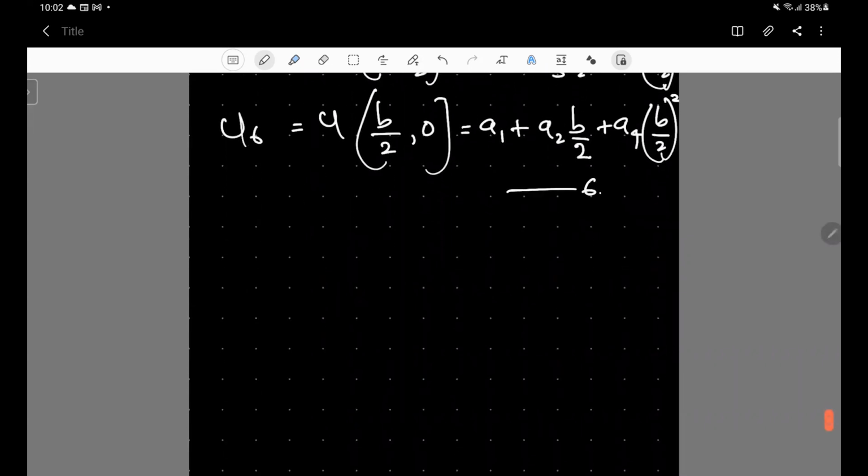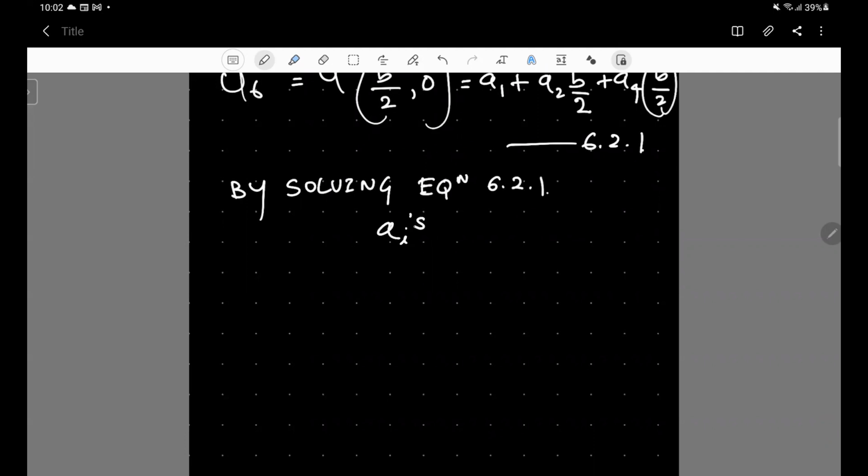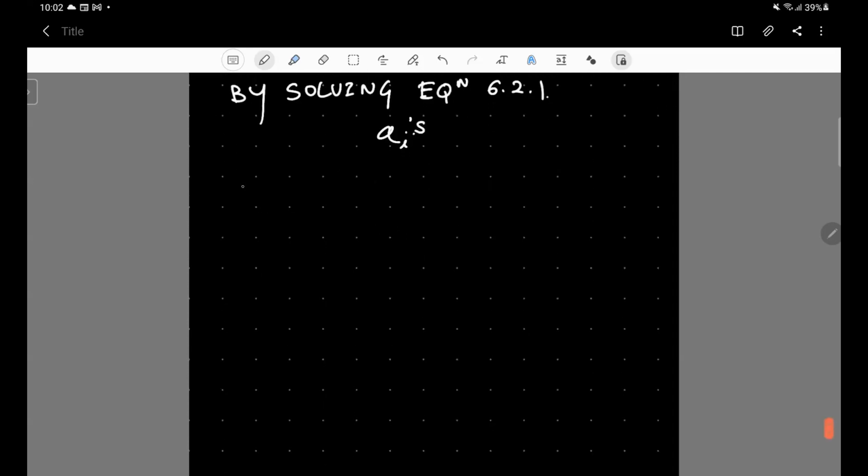By solving equations 6.2.1, we were able to express the constant terms. We can obtain the ai terms, and the corresponding ai terms would be